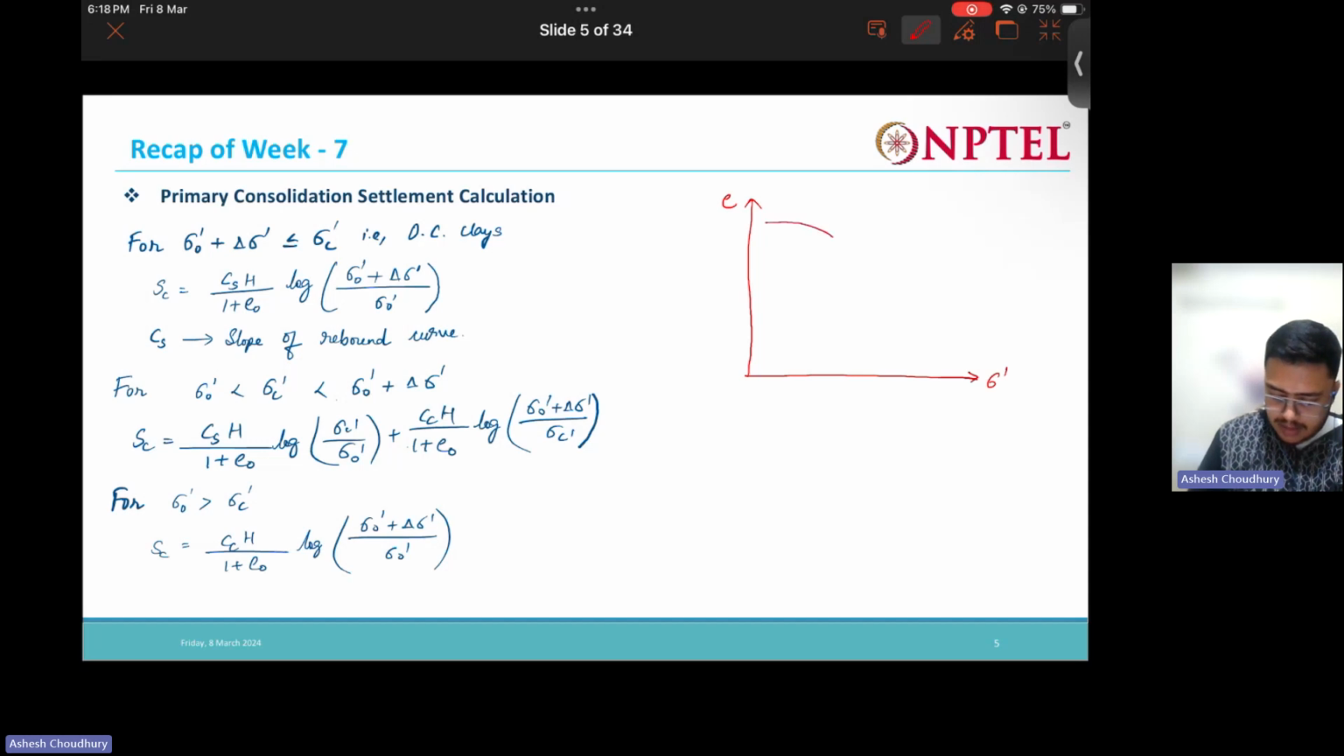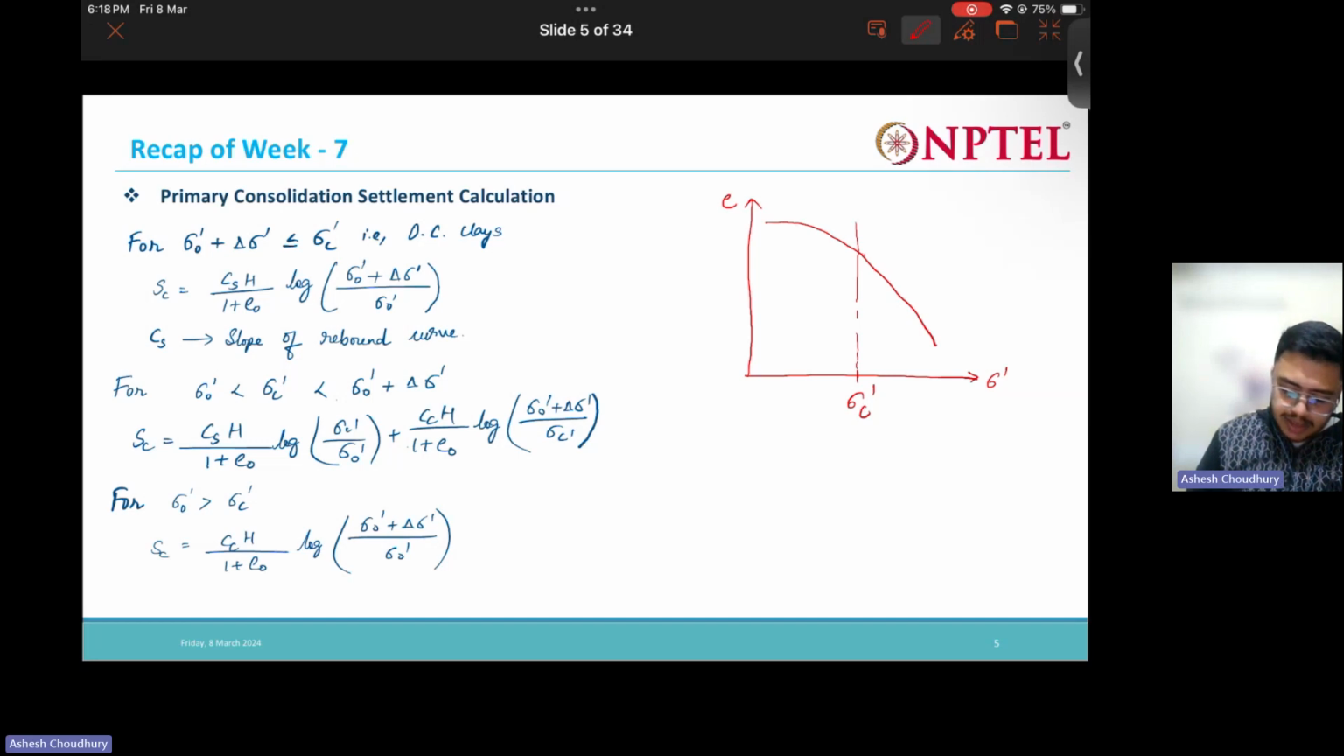Say we have something like this. Okay, just roughly I'm drawing. And say this point is the effective stress point. Okay, this is the pre-consolidation stress. This is the pre-consolidation stress. Now